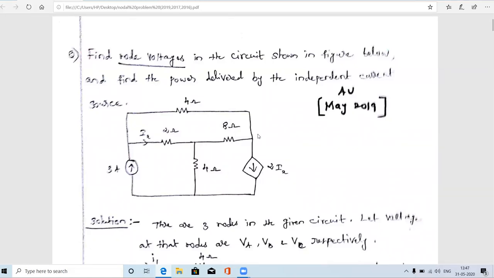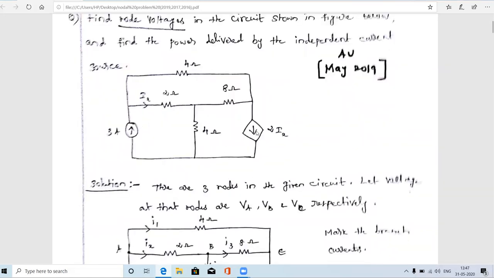So you see the circuit. In the circuit, there are two current sources. This current source, where we draw a circle and put an arrow within it, has a value given as 3 amps. This 3 amps is an independent current source. Irrespective of anything, this current source is always producing a current of 3 amps. Okay, it is an independent current source.